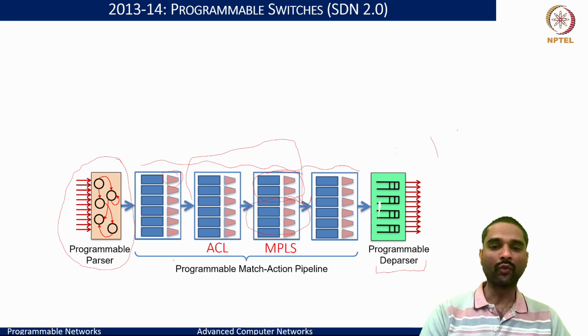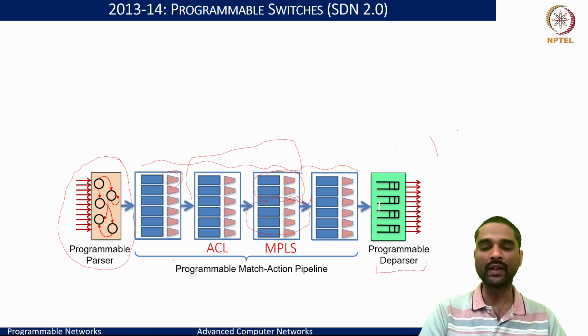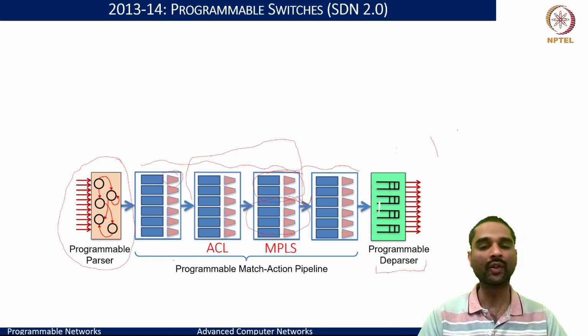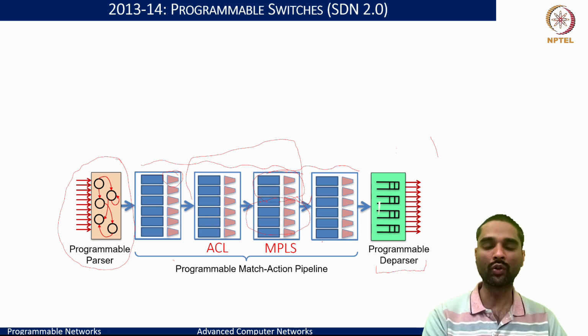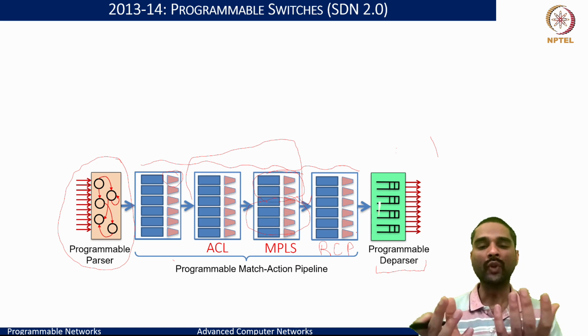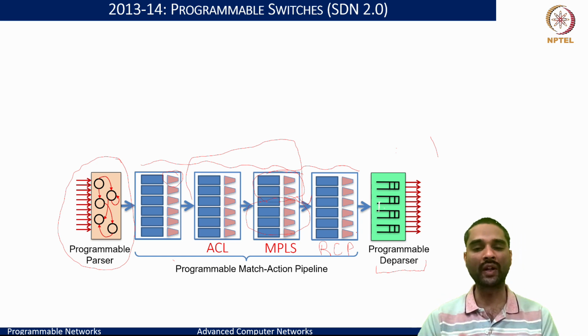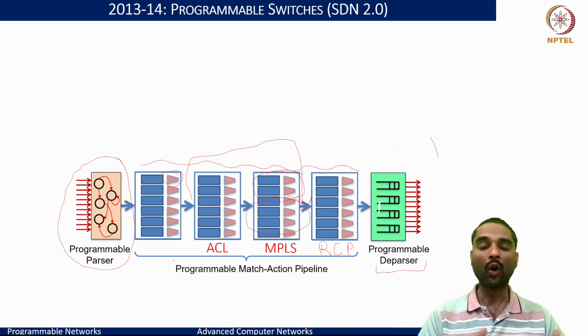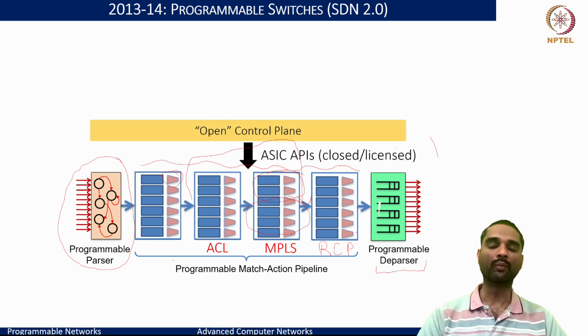Here, basically what this meant is to say that we can change, mix and match which tables would look for what headers. We could have table 1 look up for layer 2, table 3 look up for the ACL, table 4 look up for MPLS, or any of the custom headers that we want to bring in. We can say I add that particular functionality on any of the tables. So we can dictate the number of tables or match actions that we would want to perform, how many of those that we want to perform. All of this flexibility needs to be provided.